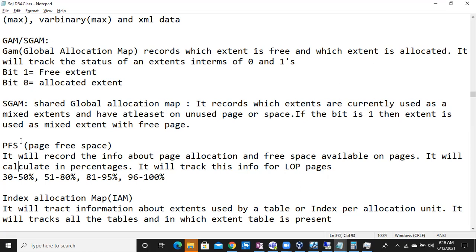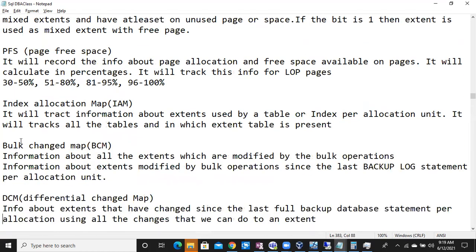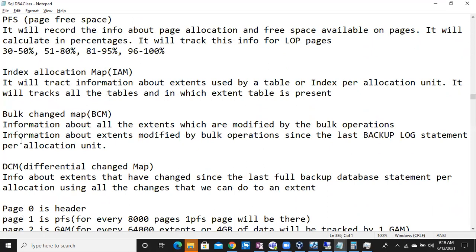Right. The next page is the PFS page, a very easy page. I told you, I have an 8 KB page. I just created a very small table. It may be sufficient in an 8 KB page. If it is not sufficient, SQL Server will allocate a separate page. In case of a small table, it may not use the whole 8060 bytes. Imagine it used only 1000 bytes. The remaining 7000 bytes are free, right?